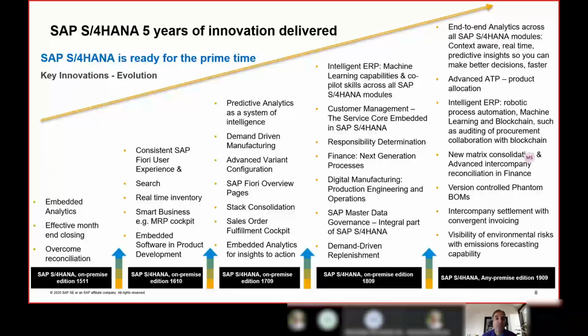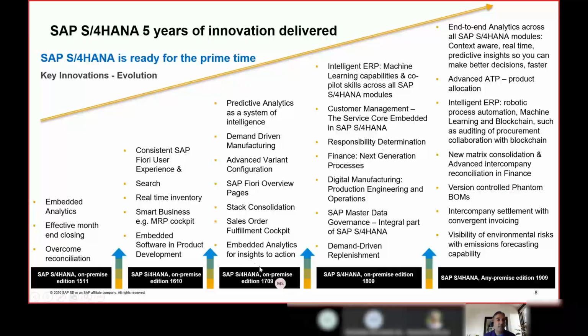Now let us get into some more details, over the 5 years of the S4HANA journey from 1511 onward, how we have evolved. You can see with every release, the innovations have been delivered till 1909. And the next release is S4HANA 2020. There as well, you can see a good number of innovations which are planned to be delivered. This slide also gives you an impression of how the evolution of these intelligent technologies has happened in the business scenarios. We have used Fiori and predictive analytics to come out with those intelligent scenarios.